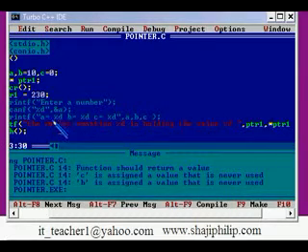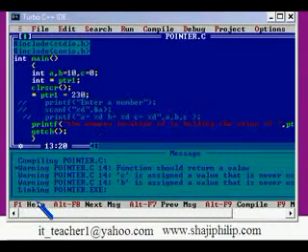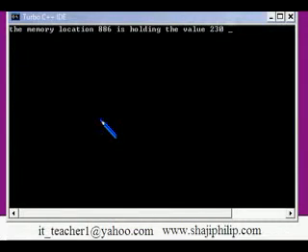Okay, it's a Y for the memory. The memory location 886 is holding a value 230. So that is very clear.